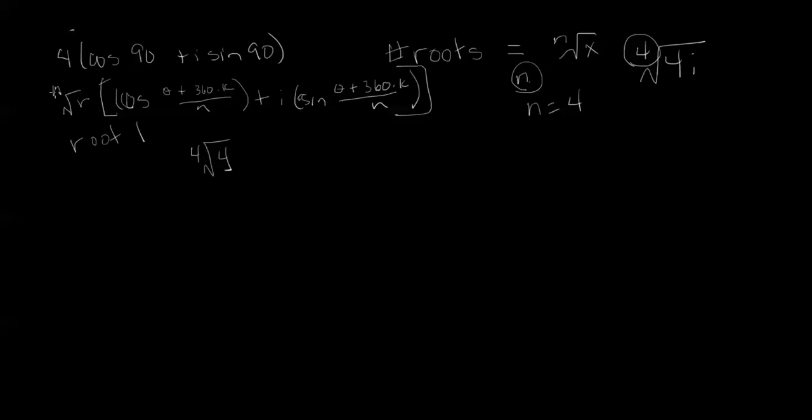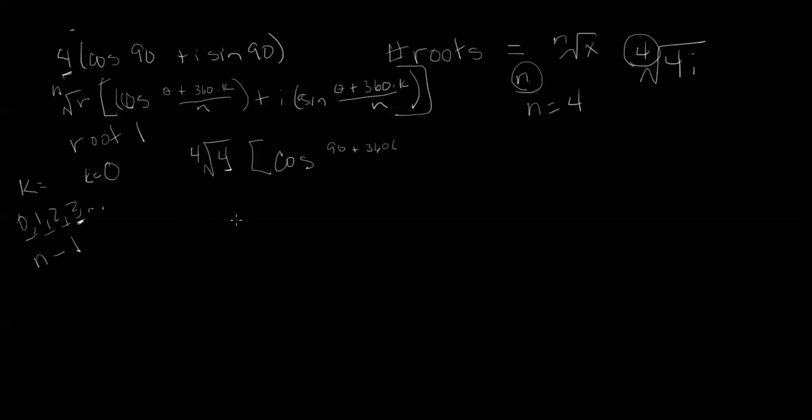That goes here. And my r also happens to be 4 in this problem, because that's what my trig form tells me. So I have 4 to the 4th times the cosine of theta, which is 90 degrees, plus 360 times k. Well, k always starts with 0, so when you're finding the first root, k is going to be equal to 0. And it's going to be 0, 1, 2, 3, on until you get to 1 less than what n is. So if n is 4, then n minus 1 is 3. These are all the k's you're going to use. The k is going to be 0, 1, 2, and 3 in the 4 problems you have to do to find the 4 roots of